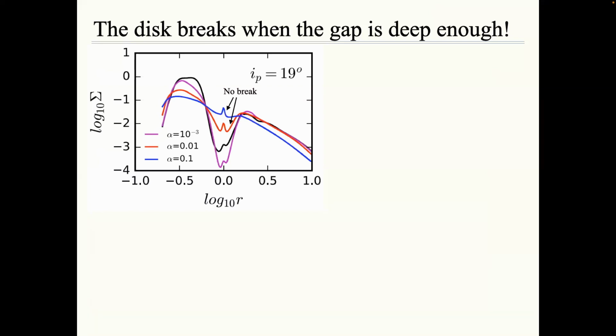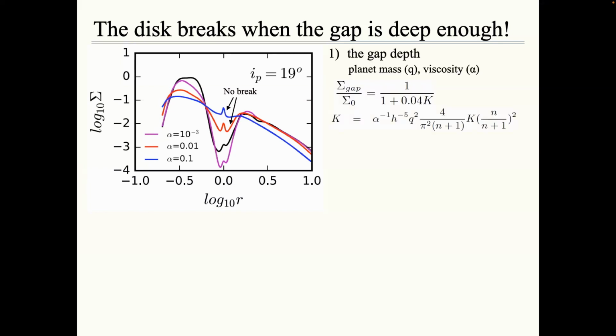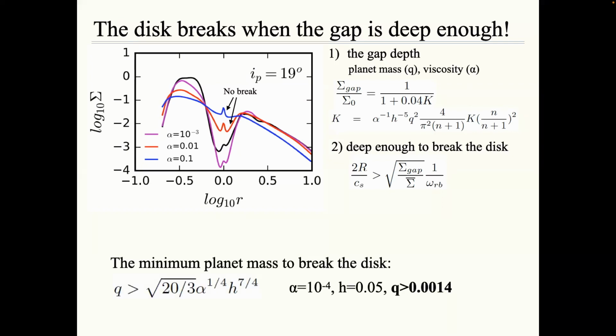When the gap is shallow, there is no break. When the gap is deep, you break. So you could work out an analytical condition for when that will happen. First, you could relate the planet mass and viscosity to the gap depth. And then the gap needs to be deep enough, so that they satisfy this formula to stop the communication, the differential precession between inner and outer disks. If you combine these two conditions, you could derive the minimum mass to break a disk, which satisfies this